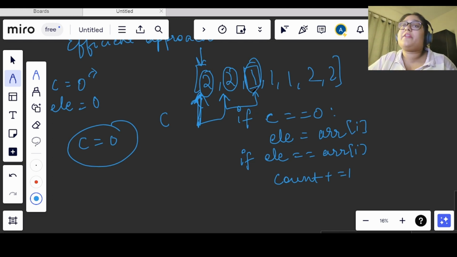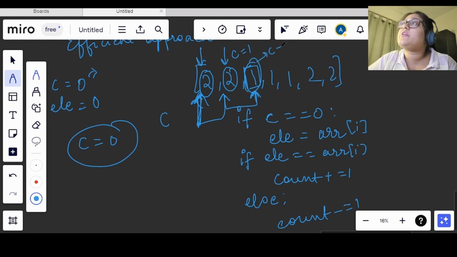So when we come across a number which is not equal to element, then we can reduce the value of count by 1. Why? Because if I am not finding equal, I am reducing it by 1. Now I will move here, and I am reducing the count by 1. So here the count value had become 1 and now it is again becoming 0.